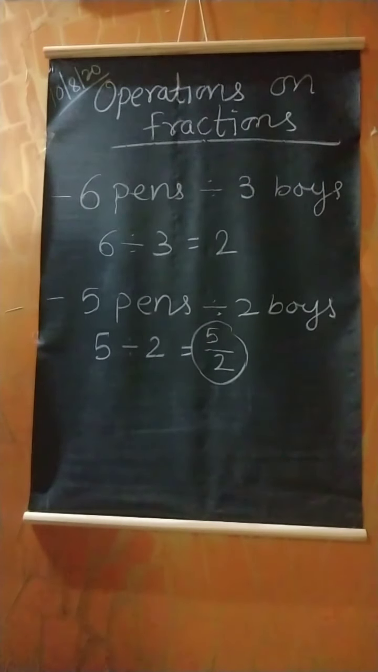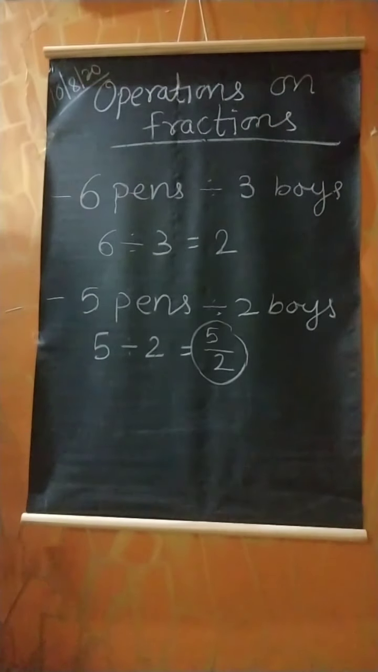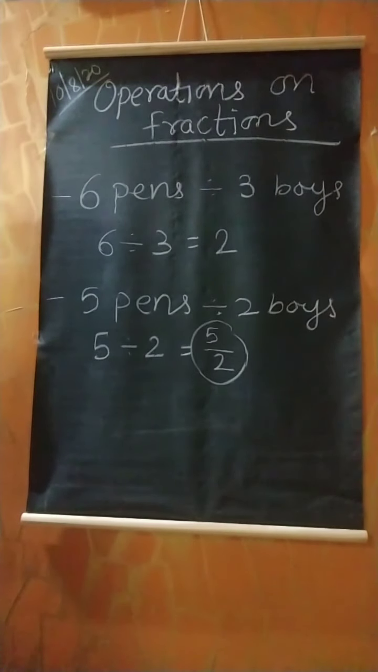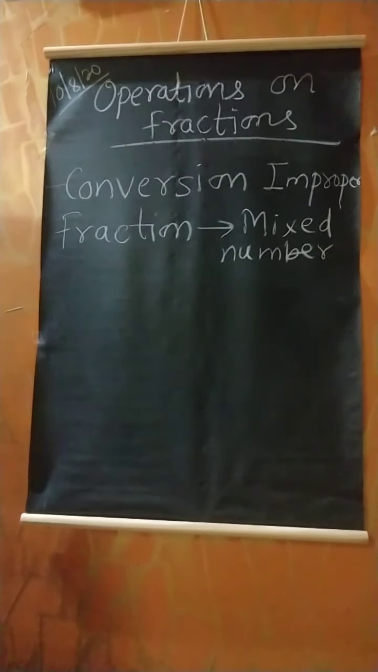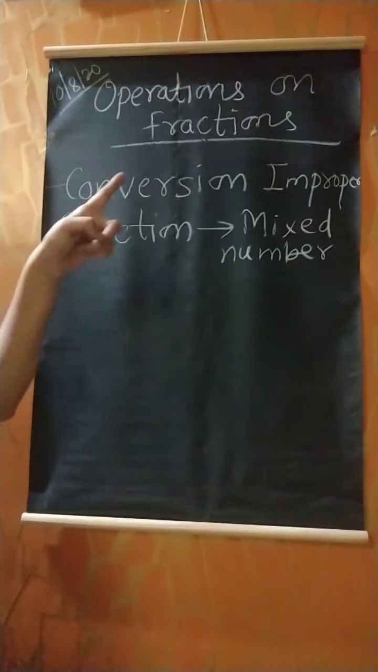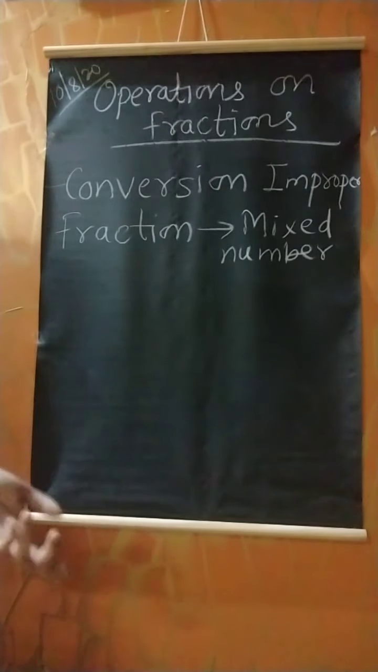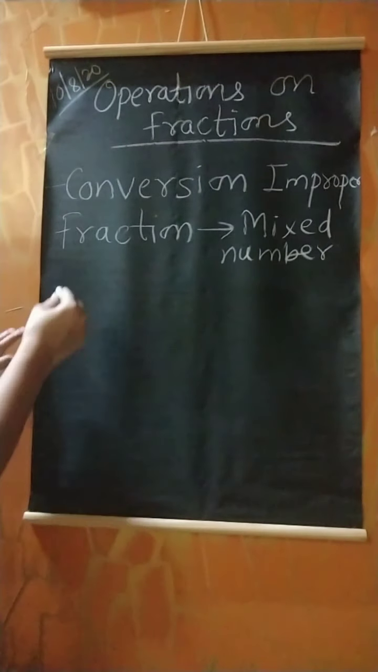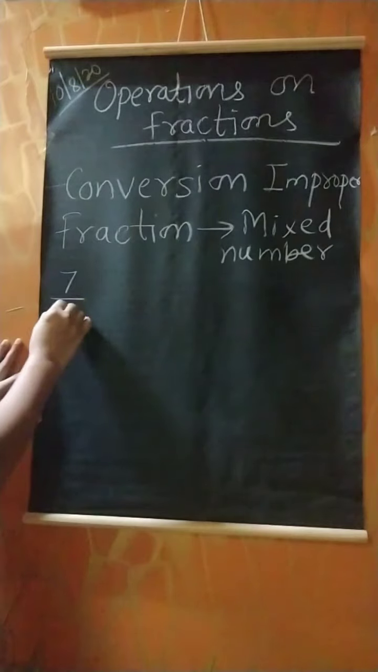Now, in this lesson, we are going to study these fractions, or what are the different operations we do on fractions, that we are going to learn. In this, our first topic is conversion of improper fraction into mixed number. Now what is an improper fraction? An improper fraction means one which does not convert into a complete number, like 7 upon 2